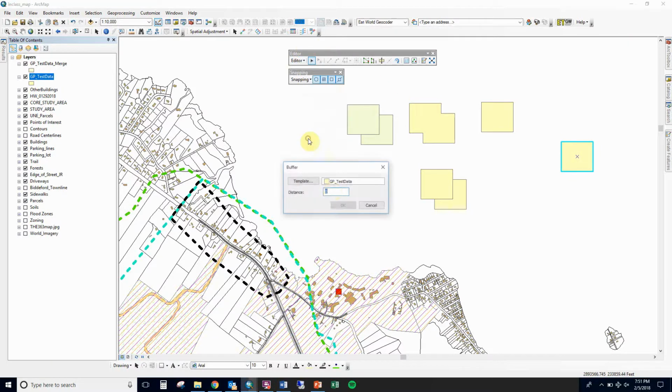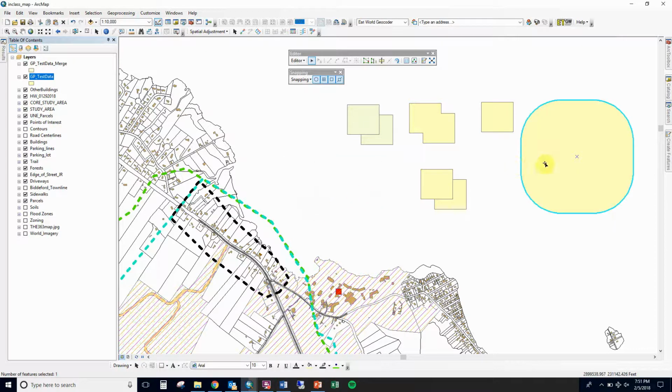we'll do a buffer, and then it'll ask me how far do you want to buffer, and we'll say, oh, I wonder if it can do 1,000 feet. You actually can type in FT in there, and it will know that it's feet. So now it's a large buffer, and you see it's got rounded edges because that's from the edge of the polygon. That's how it went out. There's other ones that